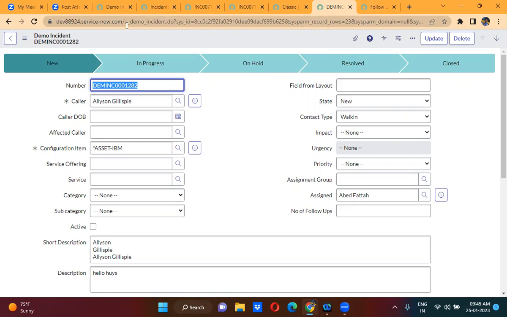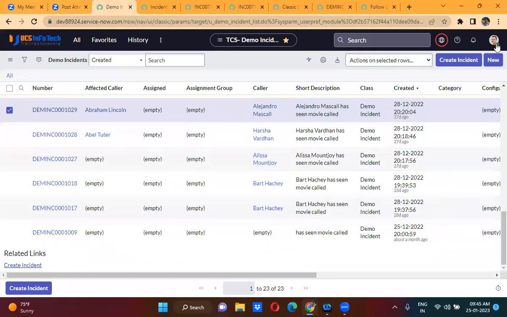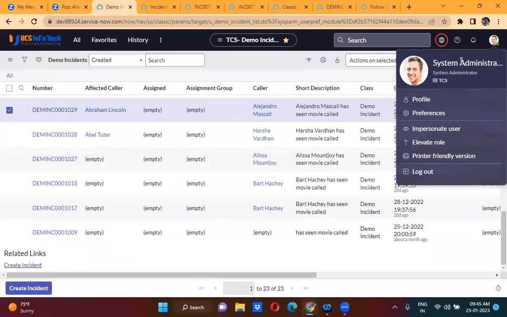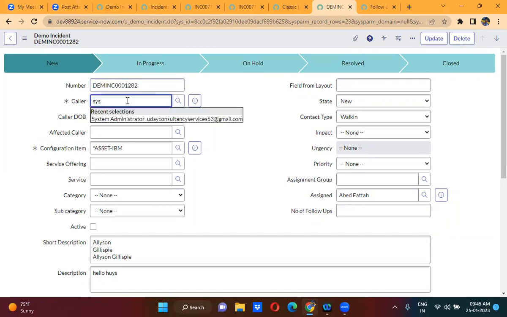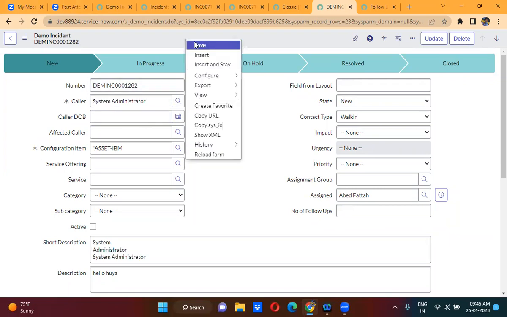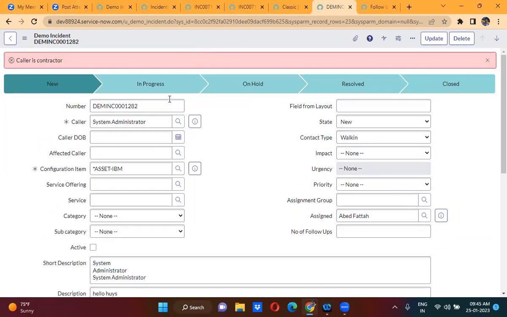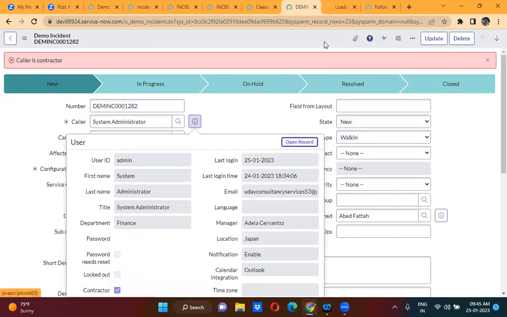Who is current logged in user here? So current logged in user is actually system administrator. Who is caller here? So Alison. So both are different, right? So if caller is system administrator, only then the follow-up UI action will actually appear. System administrator is a contractor, na? We have to make him as